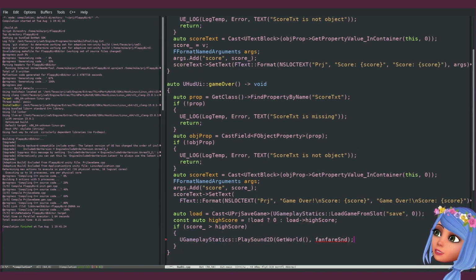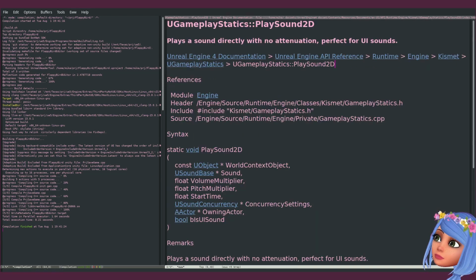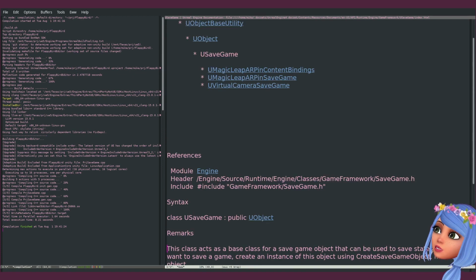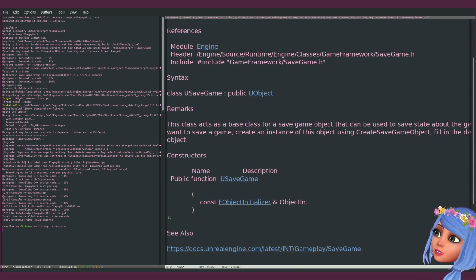And we need to save high score. To save high score, we need to create object. So load game slot, create save game object.